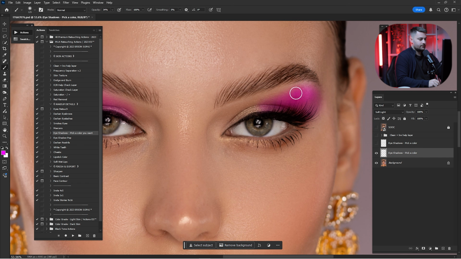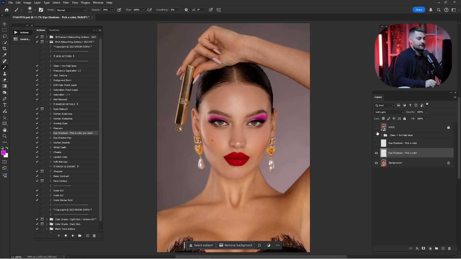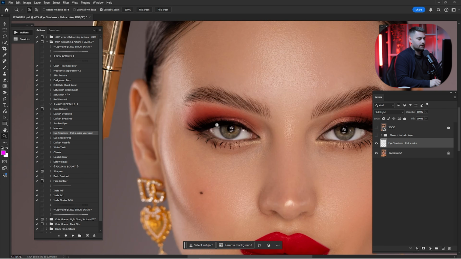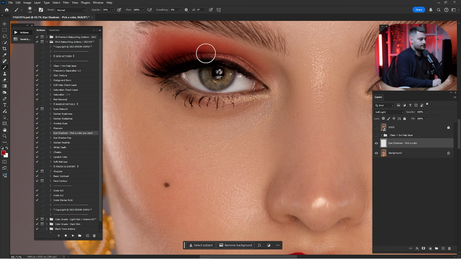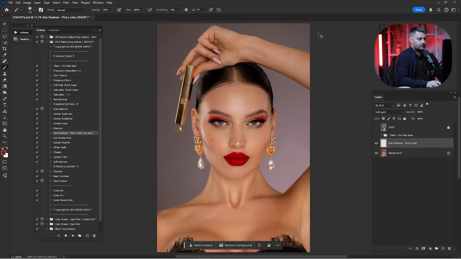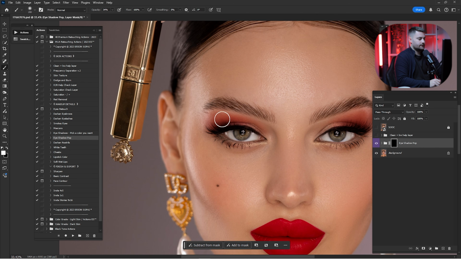You have to take some time and do this process gently, because as you can see, you will create some nice colors, and you have to reduce the opacity by 50% maybe, and it will look better. But I'm gonna stick with this red color that I did. So again, I'm gonna copy the color that is inside the lips and just paint it over there. So here we have a before and after, and I'm going to reduce it just a little, maybe 60, 65, something like that. Merge both of them and click here eyeshadow pop, click play, and just paint it over there